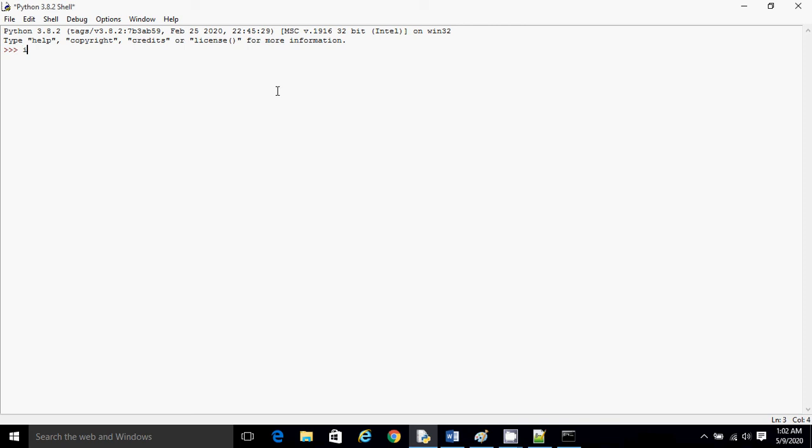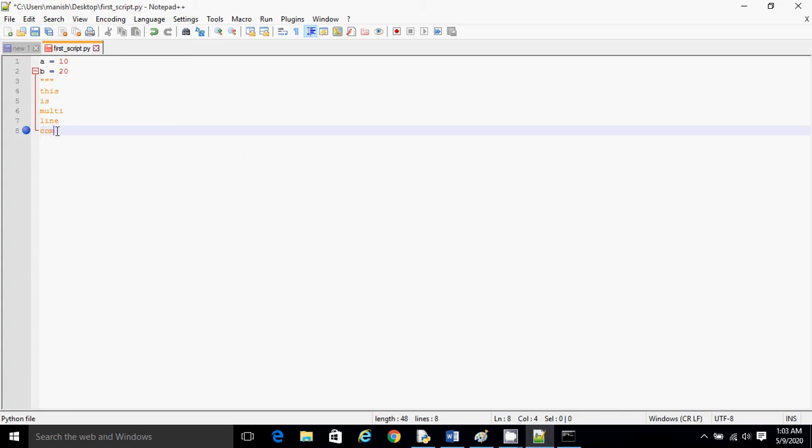There is an input function in Python. What will happen if I give a plain input and press enter? The cursor will keep waiting for input from the user, and as soon as the user provides the input and presses enter, the input will be taken. Because this is the interactive mode, it immediately got executed. So let's take this one. I think it will be better to see on this.